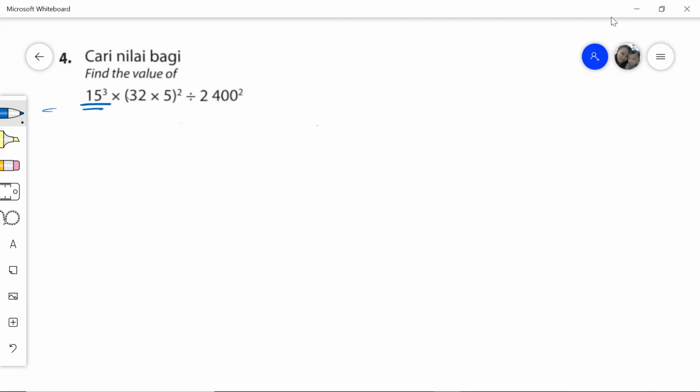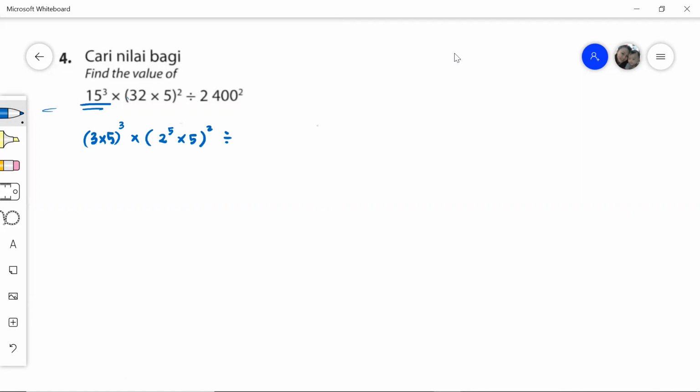Always change the numbers that we see into the smallest base number, because the smaller the number, the easier it is for us to solve it. So 15 is 3 times 5, raised to the power of 3, whereby 32 is basically 2 to the power of 5, times 5 raised to the power of 2, and divided by